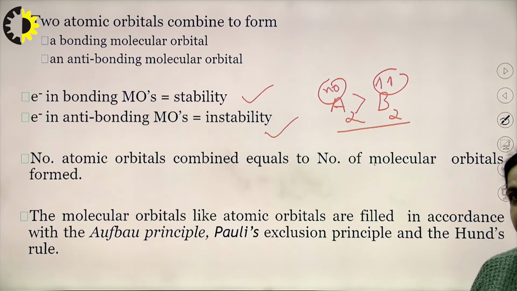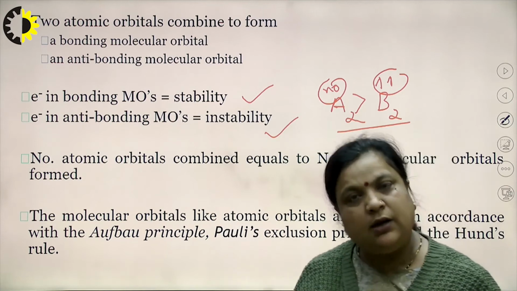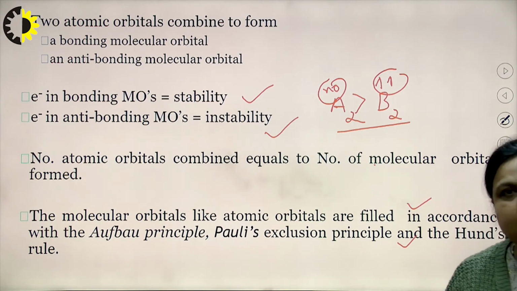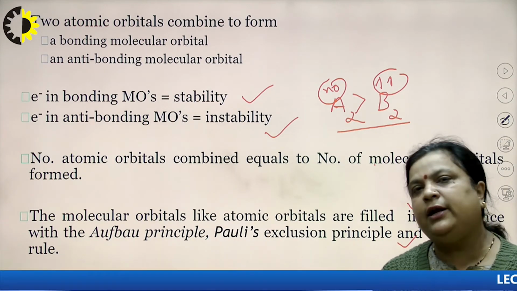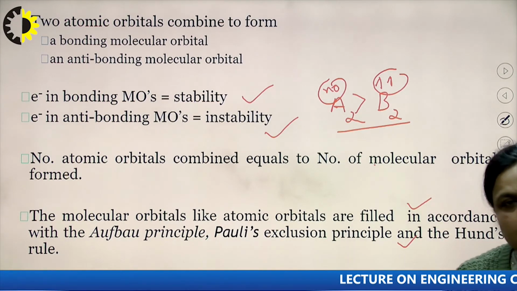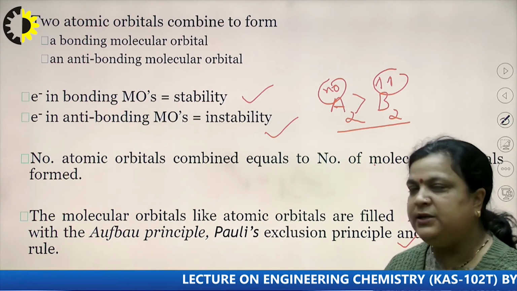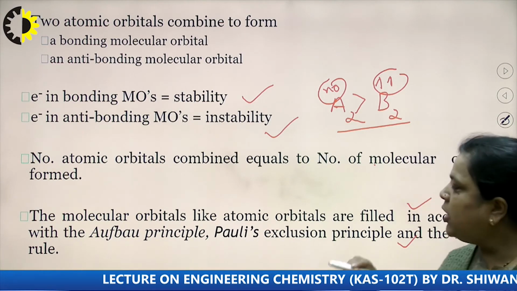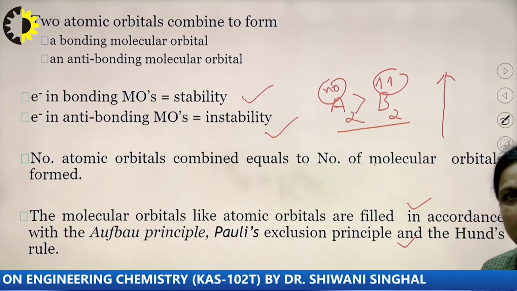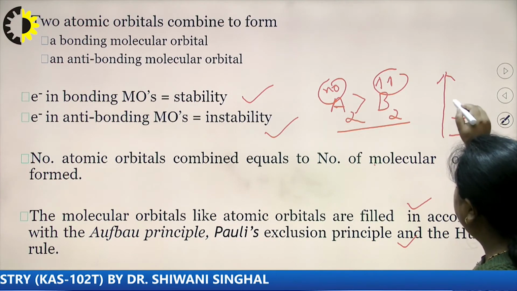Okay. And the next important point: the number of atomic orbitals must be equal to the number of molecular orbitals. And the next point is, there are 3 rules for the filling of electrons. First is the Aufbau principle, second is the Pauli exclusion principle, and third is Hund's multiplicity rule. First, the Aufbau principle. The Aufbau principle means electrons always enter atomic orbitals in increasing order of energy. It means the electron first enters 1s, then 2s, then 2p, etc.